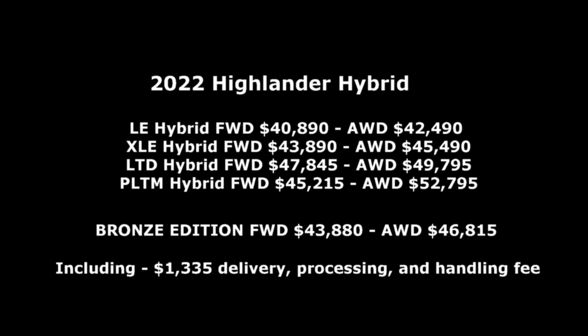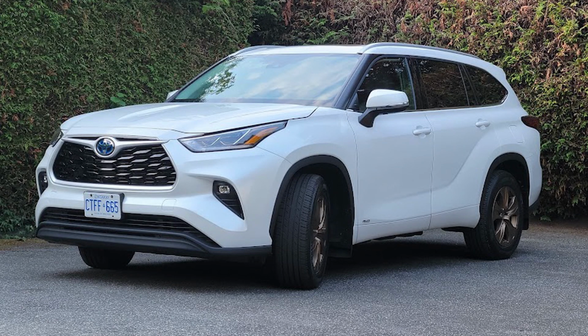The Highlander Hybrid has 5 trim levels, starting at $40,890 US. That's $4,350 more than the gas-powered Highlander models. Add another $6,000 for this all-wheel drive Hybrid Bronze Edition, which starts at